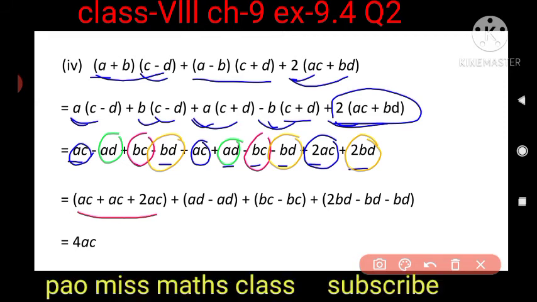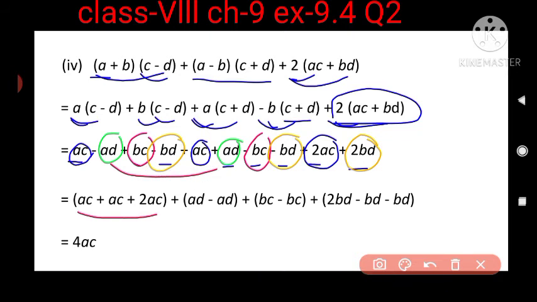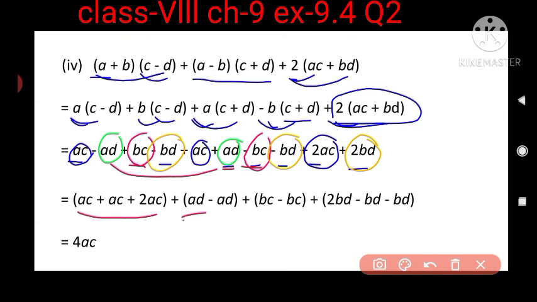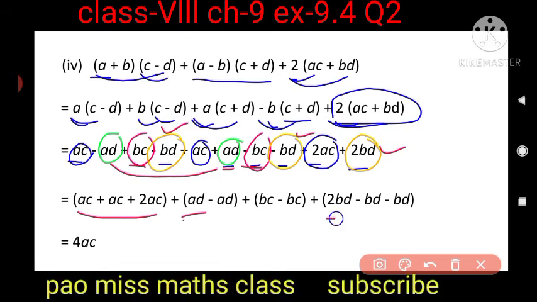Then next, this green color. So this 2, isn't it? So plus minus. This is plus and this is minus. That means one we have to write plus, one we have to write in minus. Okay, no problem. Now bc, bc, where is bc? This is bc. Then again one more bc you can see here, minus bc. These all are like terms. Then next you can see yellow color. bd, bd, bd. So here we have written 2bd first, then again minus bd, then again here also minus bd.